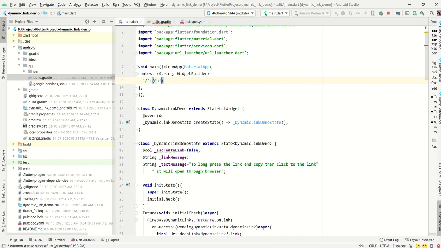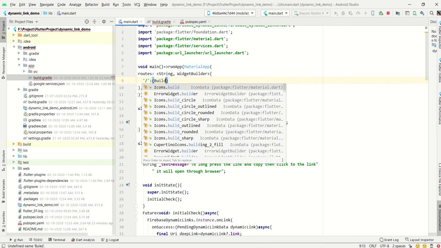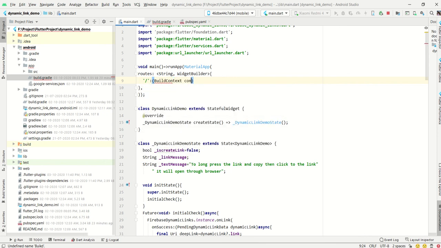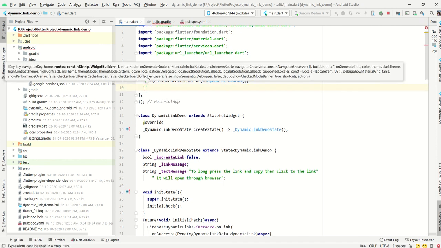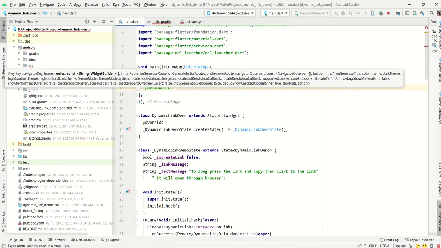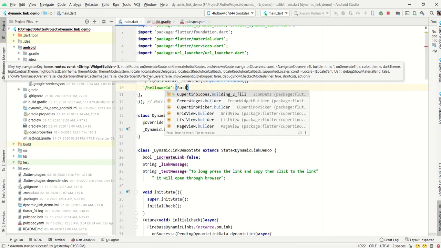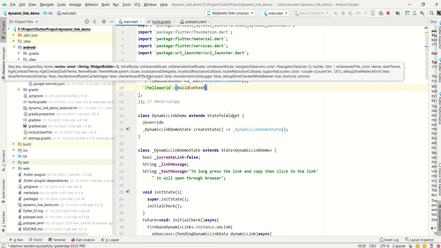So before that I have to write build context, then context is there, and then what we have to return, for the first time, it will call the first class name. Okay, and then comma, again we have to write slash hello world. I already told that hello world is a slash, is a keyword, that is a text message where we can navigate to the other page through that dynamic link.